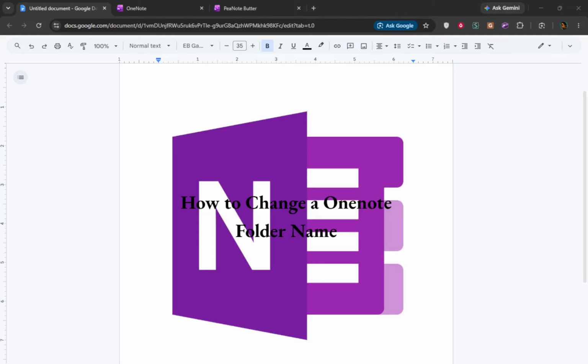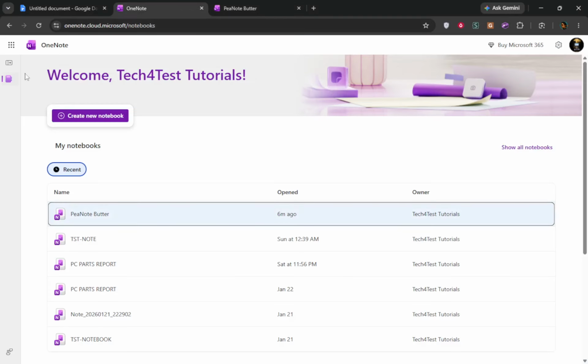In today's video, I'm going to teach you how to change a OneNote folder name. Many people refer to a OneNote folder as a notebook. However, you cannot rename a notebook directly within the OneNote app. This limitation is important to understand because it means you will have to make changes where the notebook is stored, usually on OneDrive or SharePoint. This process may seem a bit indirect, but I will guide you through every step. By the end of this video, you will feel confident in renaming your OneNote notebook successfully.